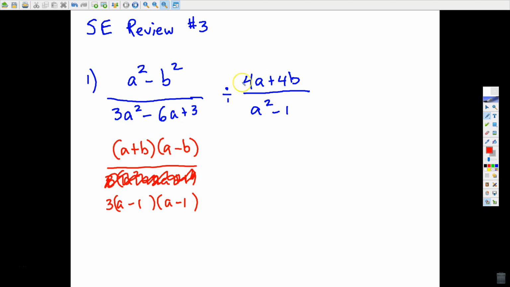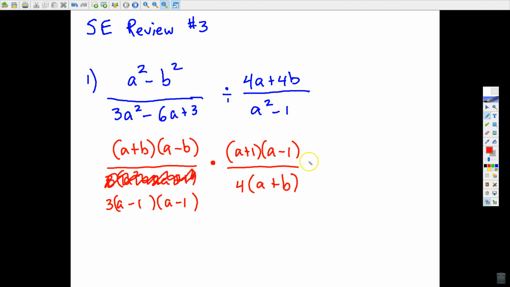Okay, remember that when you're dividing a fraction, you need to invert this right fraction. That means flip it over, and then you change the operation to multiplication. So as I do that, I'm going to go ahead and factor. This becomes the numerator of this right fraction, and the factored form of that is a plus 1 times a minus 1. And this becomes the denominator, and the factored form here becomes GCF of 4 times the quantity a